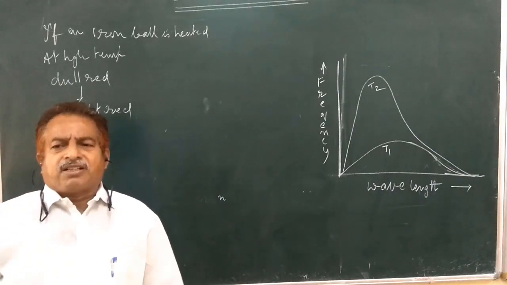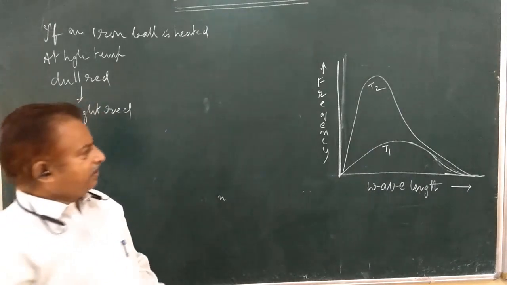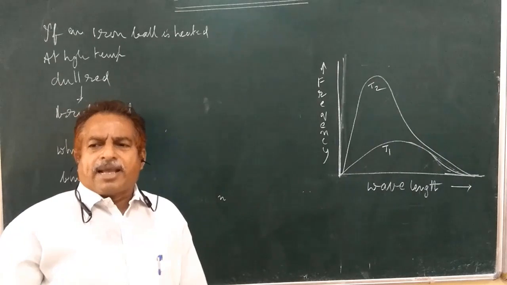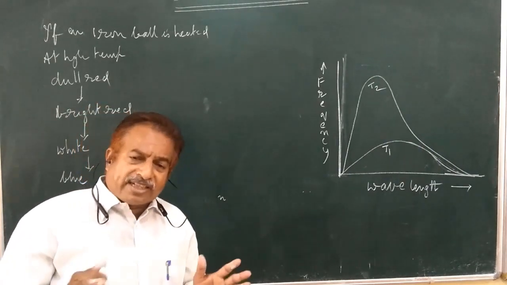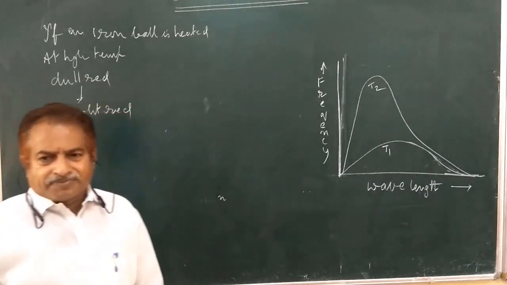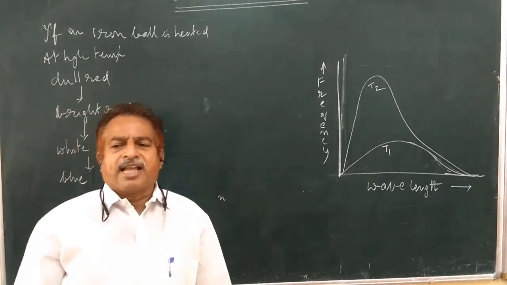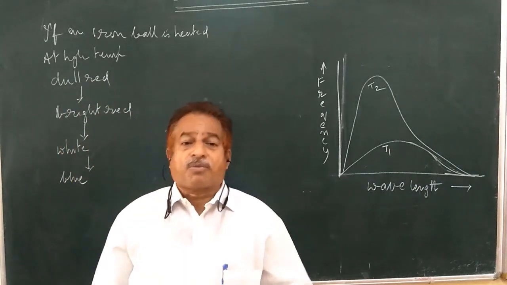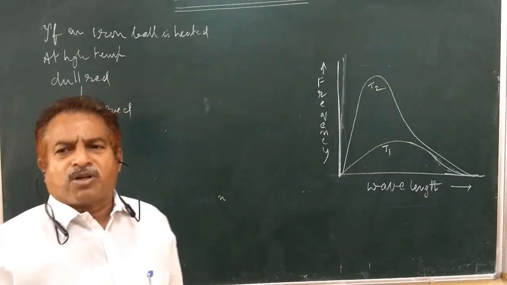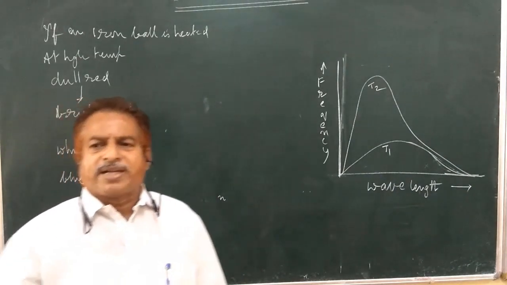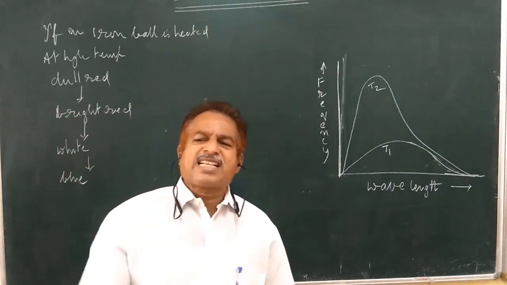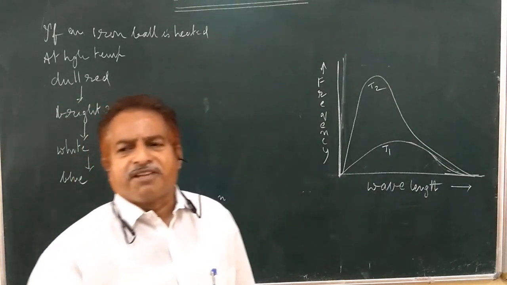When the surface of an object is irradiated, a part of it is absorbed, a part of it is reflected, and a part of it is transmitted. As discussed earlier, a black body is a perfect absorber and a perfect radiator. So the amount of light emitted from a black body and its spectral distribution depend on the temperature. At a given temperature, intensity of radiation increases with increase of wavelength.